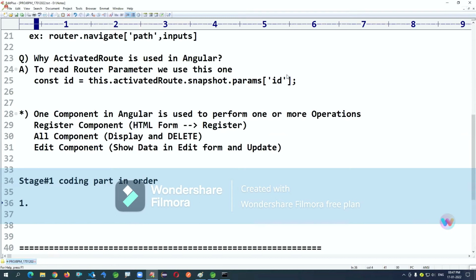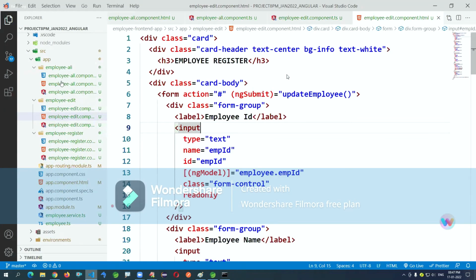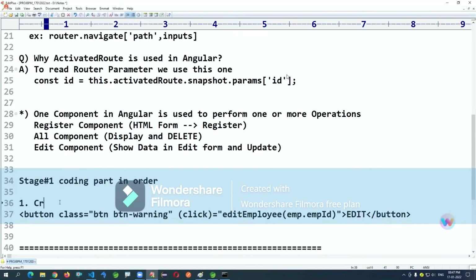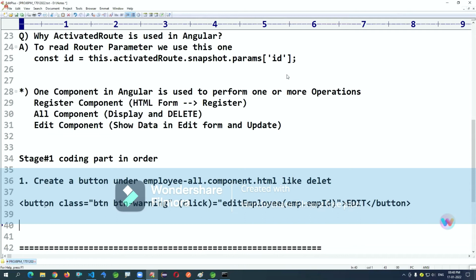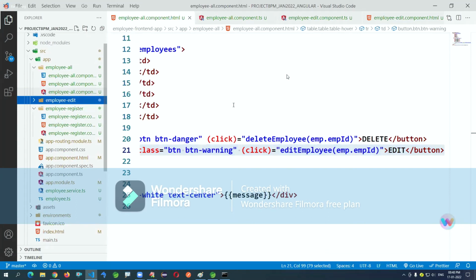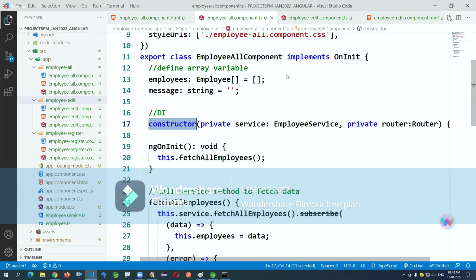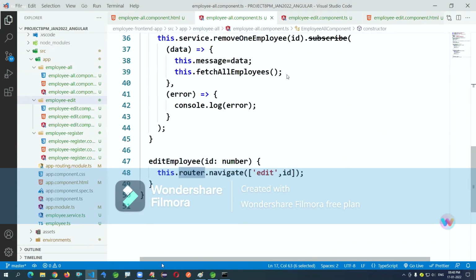First, I have created a button in employee all component. Second, in employee all component TS, do the dependency injection for router and add edit function.